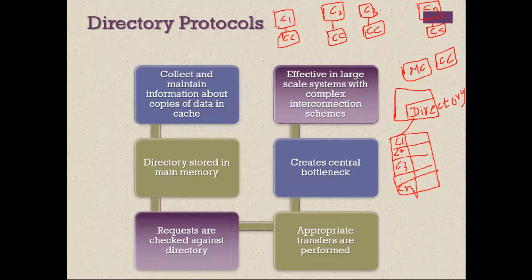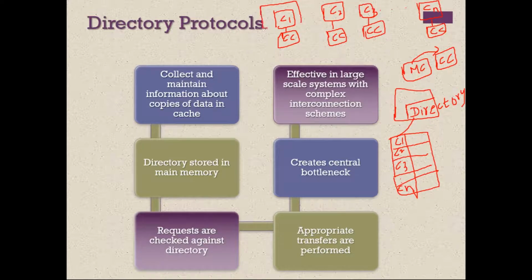See, along with the memory controller we have something called the CC, centralized controller. In the memory there will be a directory. The directory holds information about the contents of each and every cache, that is, it knows what data is stored in each cache. And each cache will have a cache controller. The cache is present in the processor.